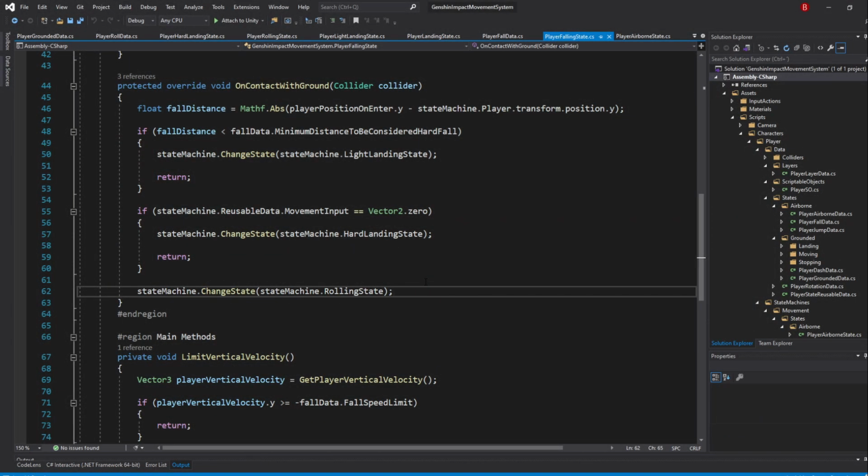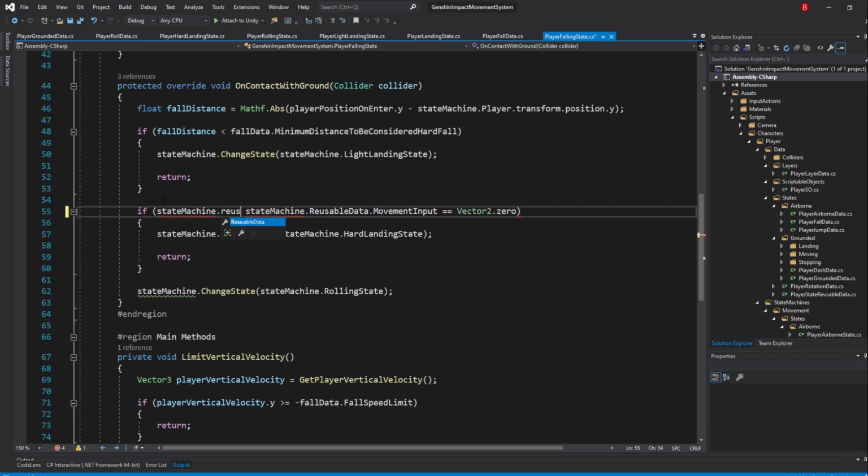So, in our hard landing state transition if statement, add in stateMachine.reusableData.shouldWalk and not stateMachine.reusableData.shouldSprint. This makes it so that if we have the walk toggle on and are not sprinting, we'll transition to the hard landing state.